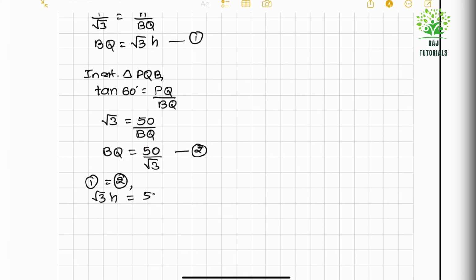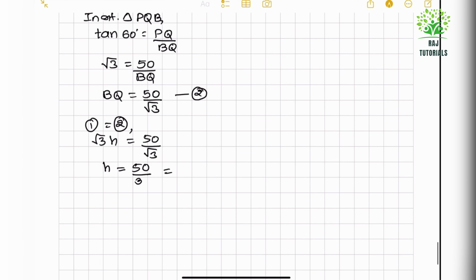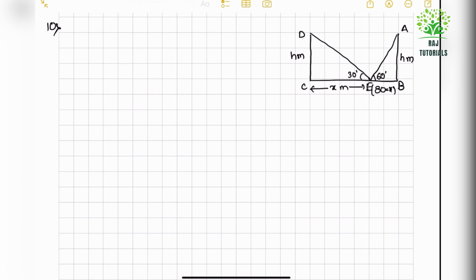So BQ equal to 50 by root 3. Now this is second equation. Now 1 equal to 2 because both left hand sides are BQ. So I can say root 3h equal to 50 upon root 3. So h will be equal to 50 by 3, root 3 into root 3, 3. So if I solve it in the integer,